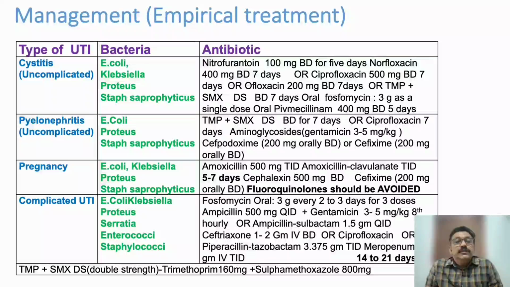Now, the treatment is very important in urinary tract infection. In simple terms, most of the urinary tract infections in adults we treat with quinolones like norfloxacin 400 mg BD, ciprofloxacin 500 mg BD, ofloxacin 200 mg BD or 400 mg OD. That is a common treatment we give in our clinical practice. But there are other drugs that can also be tried. You have nitrofurantoin 100 mg BD can be given.